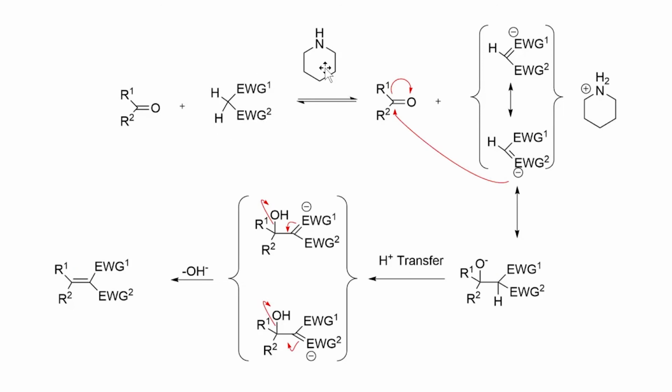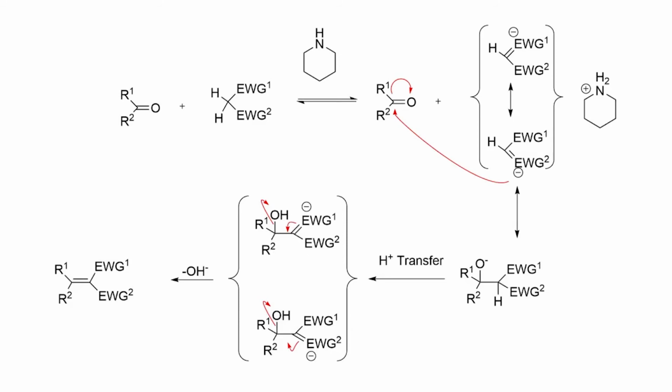You start with the compound which has 2 electron withdrawing groups. This is a general mechanism. And when you add a base such as this, you have the formation of the enolate. And once this enolate attacks the carbonyl compound, you get an intermediate like this. And then this intermediate undergoes the second enolate formation, and then the second enolate undergoes E1CB.